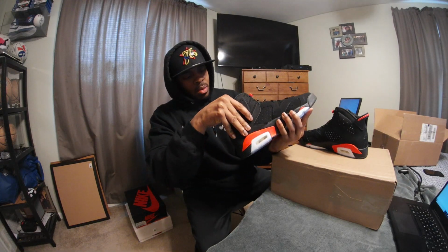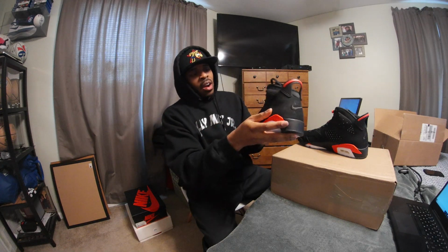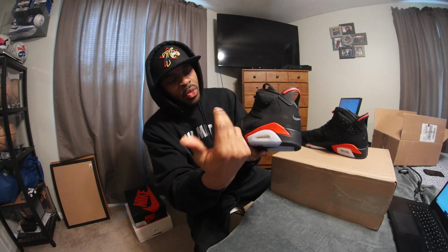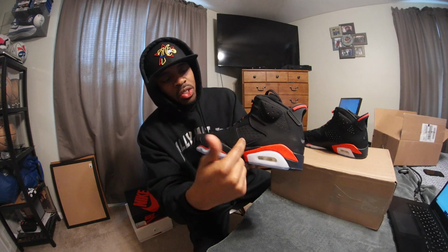But just give me a second. I want to analyze this for a second. This looks dope. All right, I do see on the upper portion of the shoe, it's got that 3M shield, and it's important to note, and I can see this right away. It's important to note when you look at this shoe and you're looking at the upper, it's a tale of